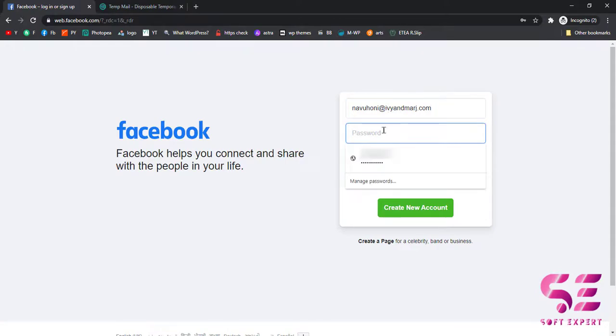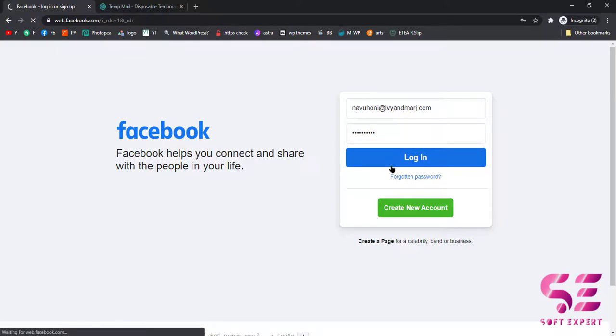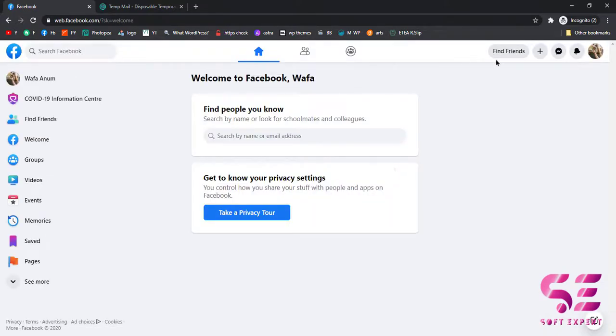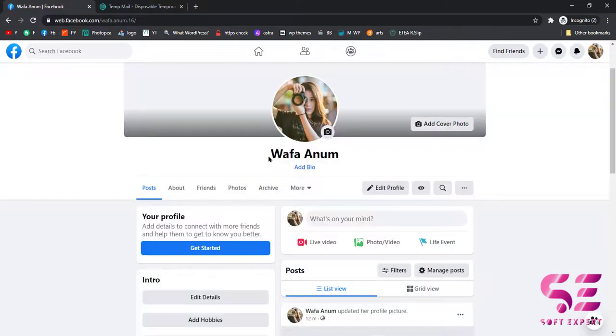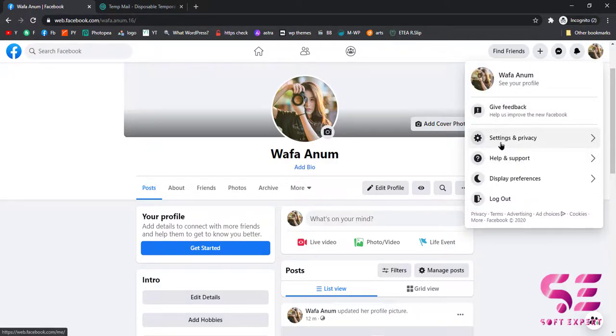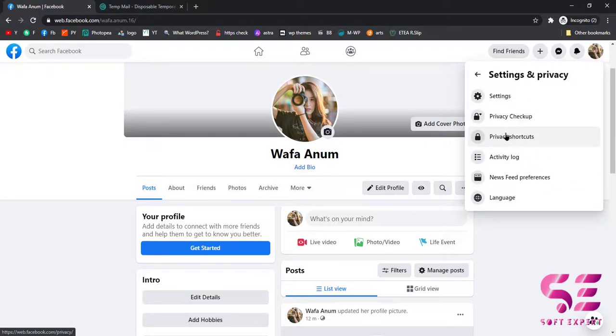This is the temporary email which I got from that website and I've created an account with this. So I'll log in. Okay, now let's go to profile. And as you can see, there is a name visible on this ID, so let's make it invisible. And to do that, just go to settings, again settings,